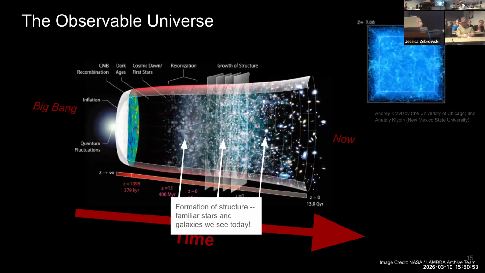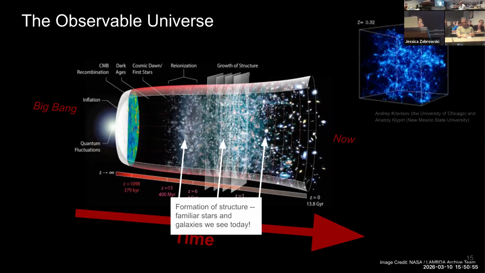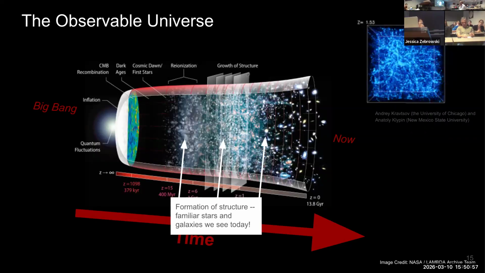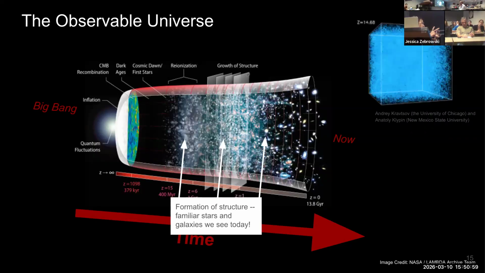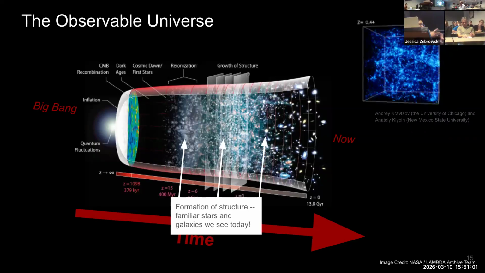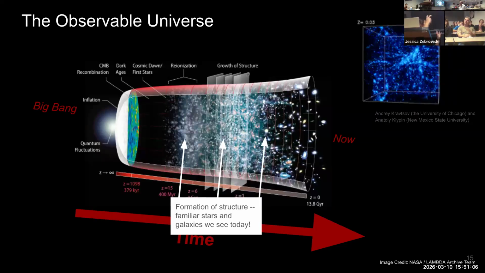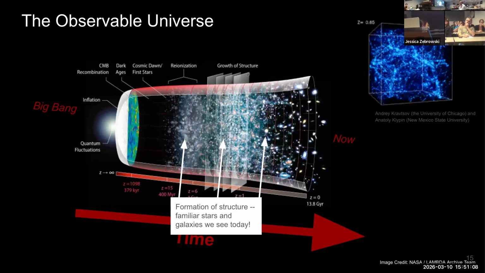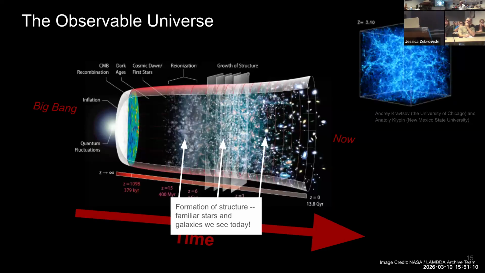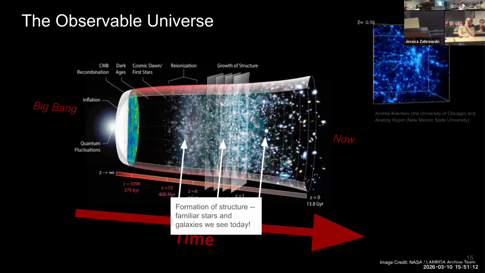So I like to see this little image of the formation of large scale structure that I think really helps me understand why we get this. So you have the sea of hydrogen, but there are these quantum fluctuations from inflation, and under gravity, the overdense parts collapse, and you start to get stars and galaxies and all of the familiar structure we see today.